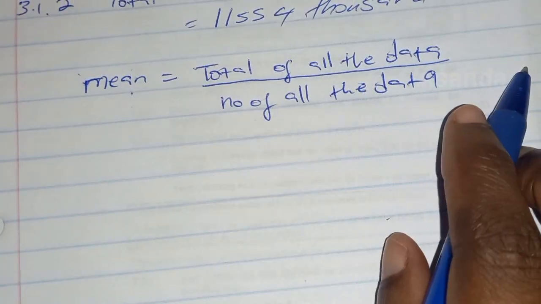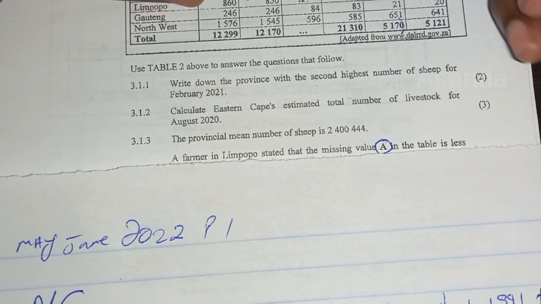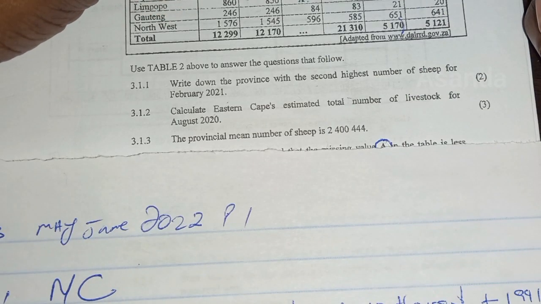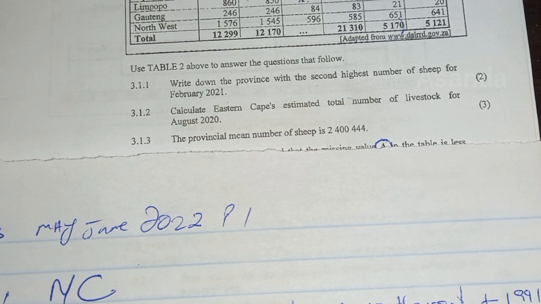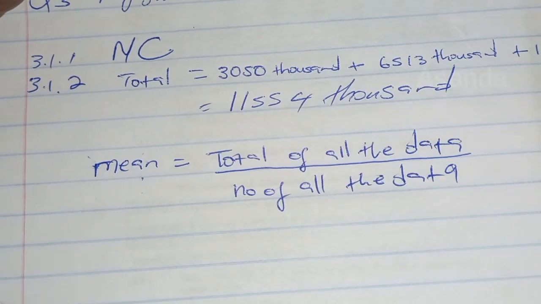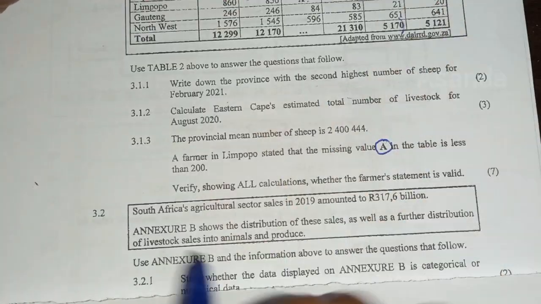How? A is part of the total of all data. Remember that? You would have said 2,545 plus 5,182 plus 4,330. Remember? You would have said that, right? Okay, now, what is the mean? Mean is